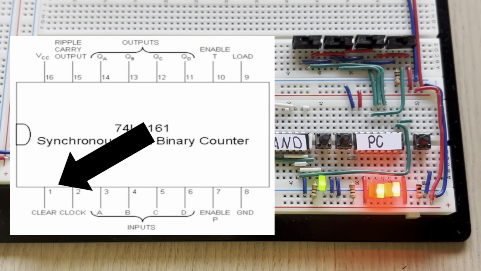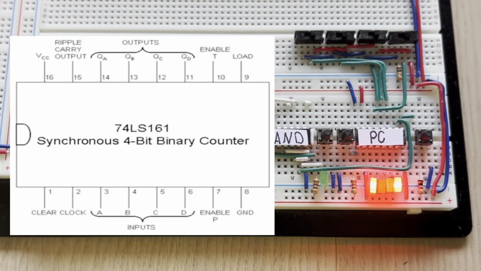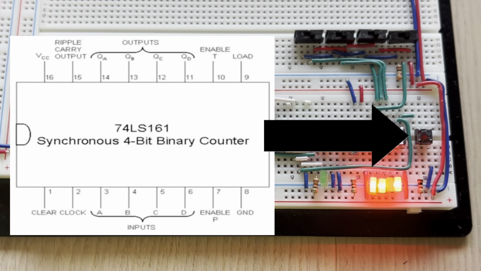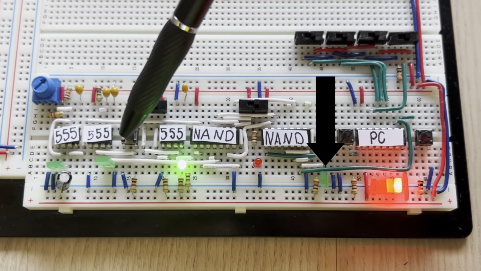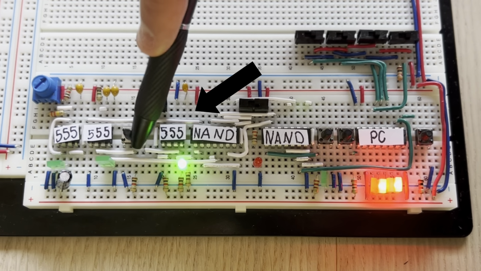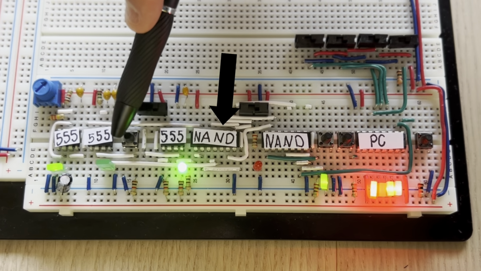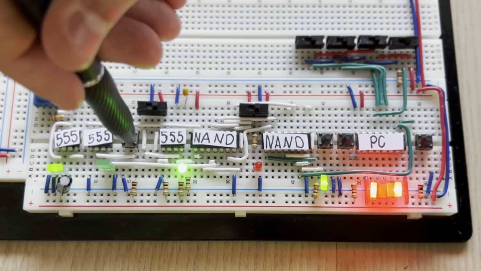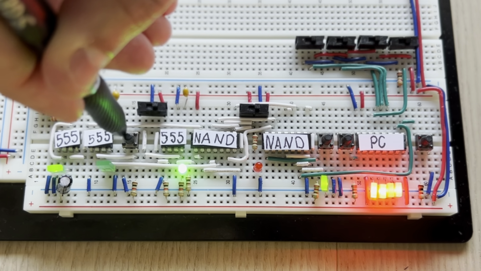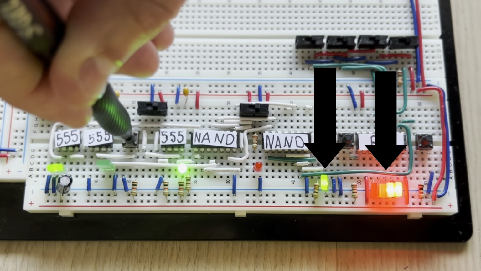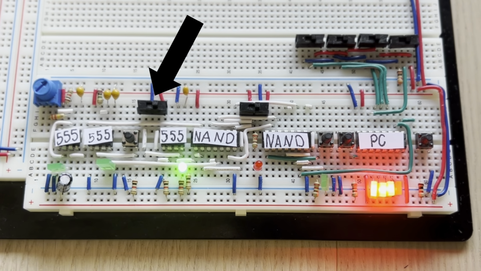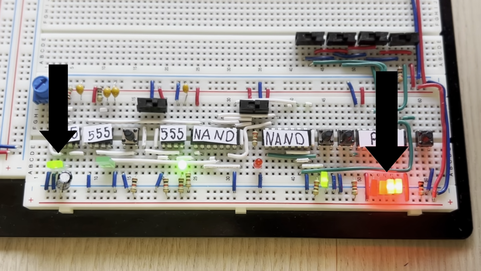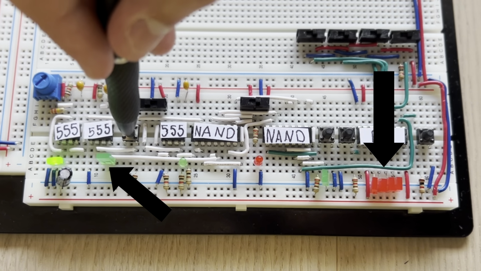Pin 1 is the clear pin, which allows you to clear whatever value is being stored and is wired to a PBNO in this project, while the clock output, the output of the 3 555s, after being fed through the 7 NAND gates, is then attached to pin 2. This allows for the output of the 74LS161 chip to match whatever is being altered with the 555s. If the slide switch is flipped one way, the output will count with the square waves. If it is flipped the other way, it will match however fast the